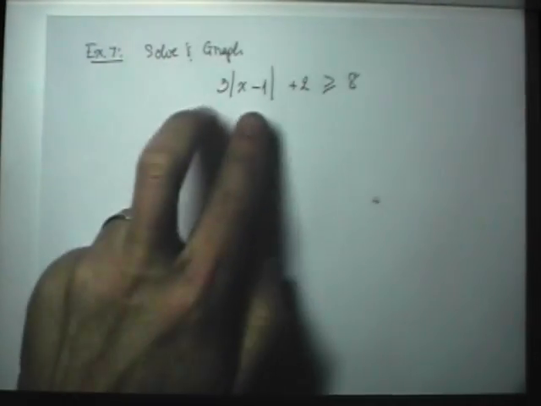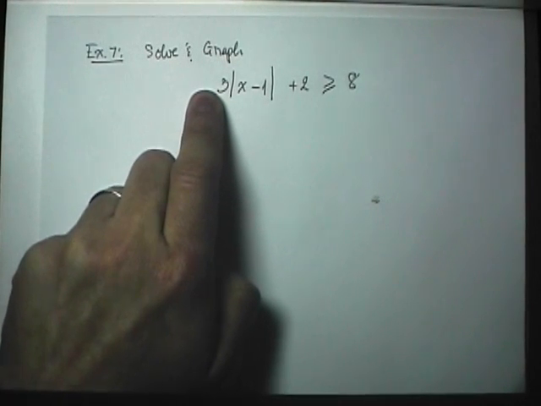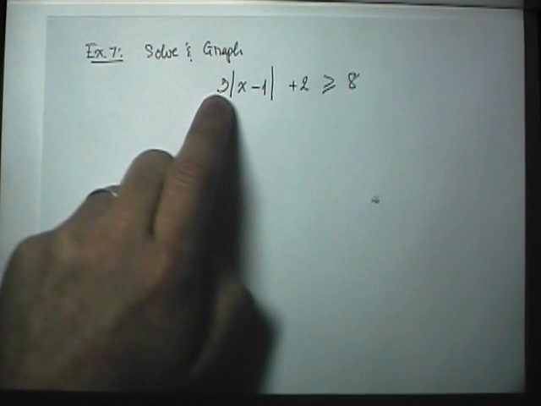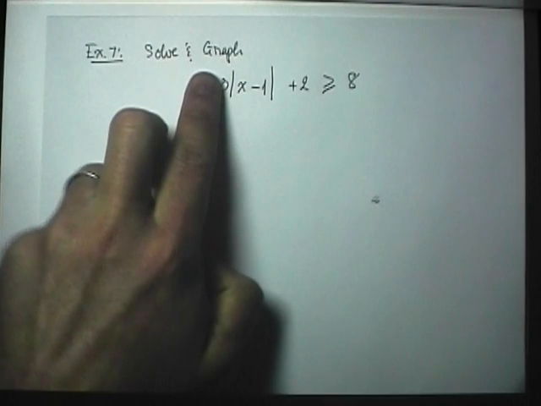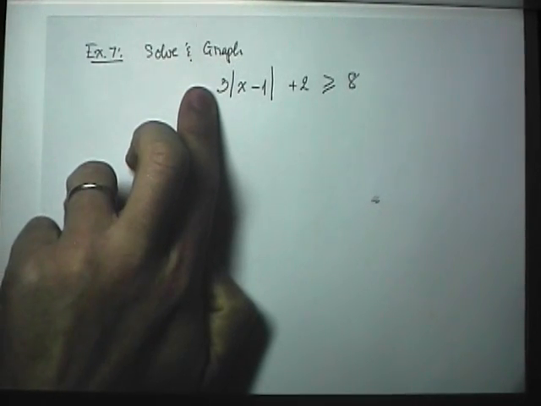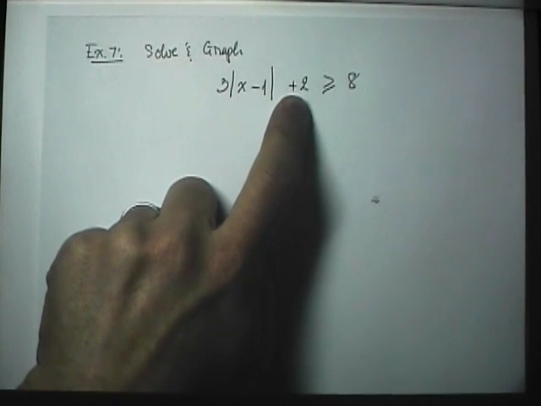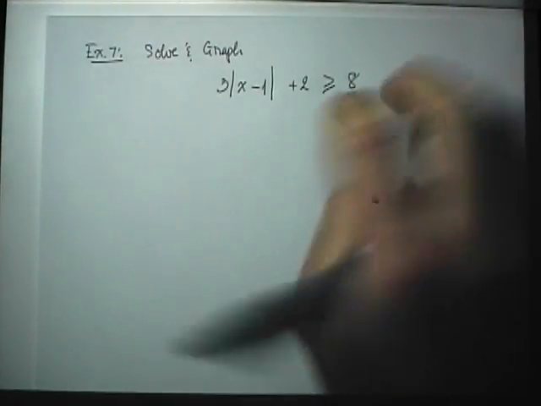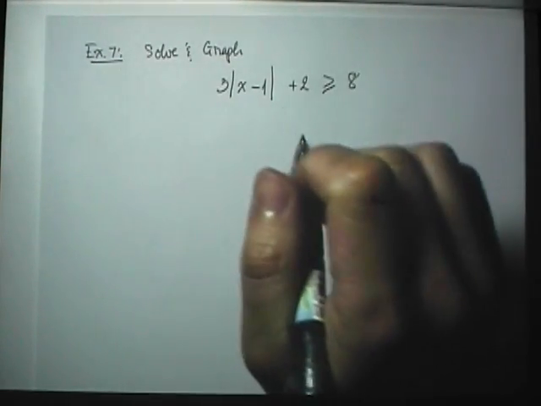Now, the absolute value expression here comes with a 3 in front, meaning it's 3 times the absolute value expression. So that's not what we want. We want just the absolute value expression only with coefficient 1. So we need to divide the 3 away eventually. And then there's a 2 added to that absolute value expression. So we need to rearrange that 2 to the other side. So trying to bring this inequality back to one of the ordinary forms,